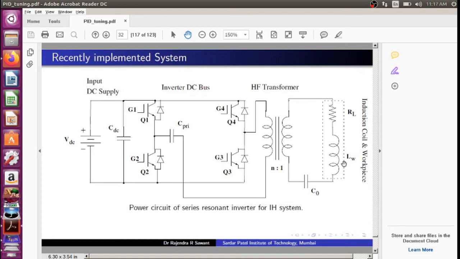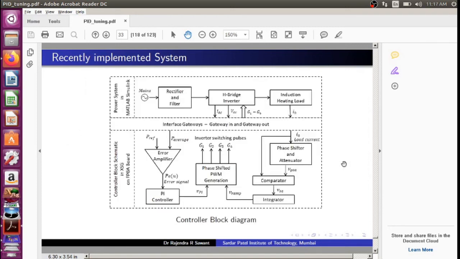In order to build this control system, we have developed a block diagram like this, and we have implemented it through a microprocessor or a DSP processor.